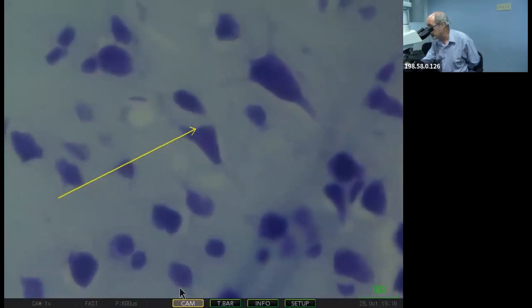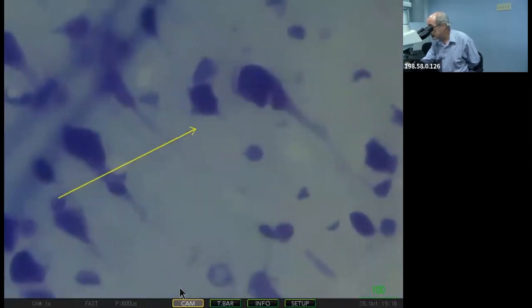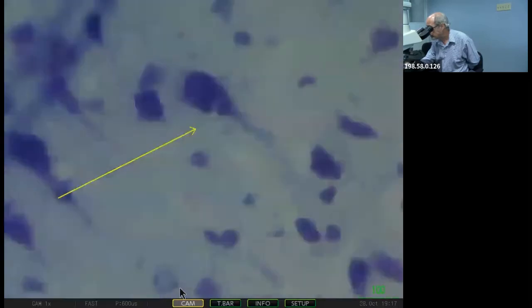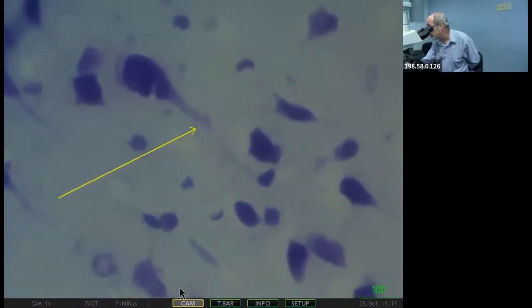Here you have... I don't want to get into that. You don't have to know that. This one is a basket cell. So you have different types of cells. So you see you can follow the apical dendrite